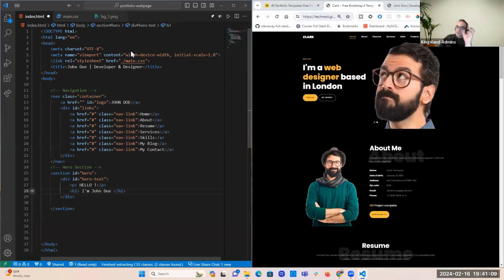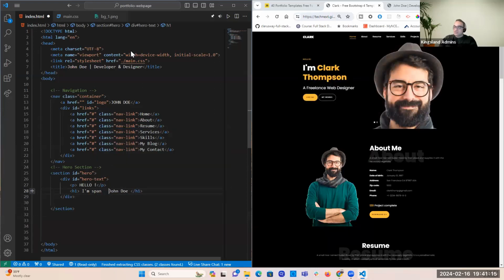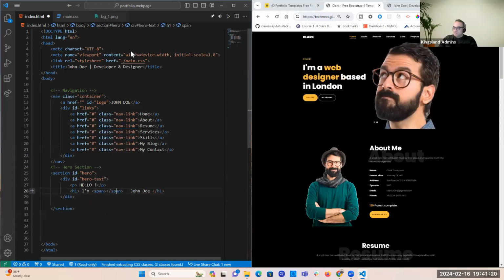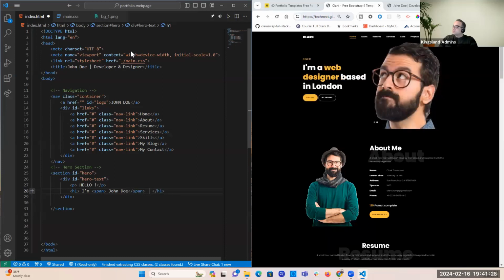So you want to put it inside another inline element, and you can use a span. So this is a span of the text. Okay. Because I want it to be a different color. So I am John Doe,